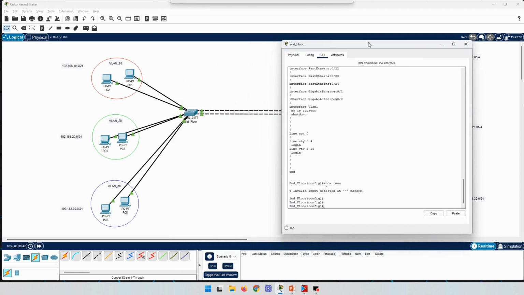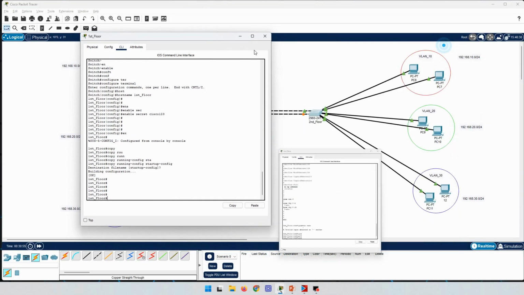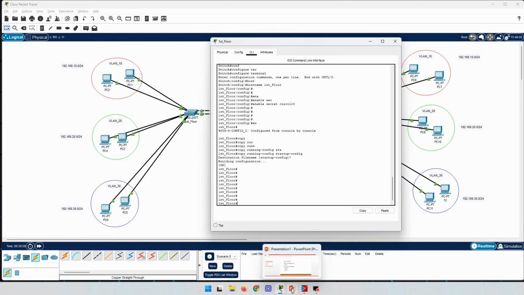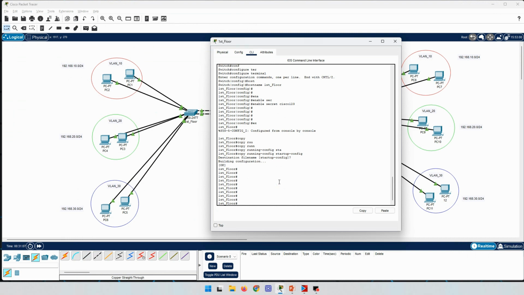Okay, now we have some basic configuration in these two switches. Let's have a look at the interfaces actually. Before interfaces, according to our presentation, let's speak about the VLAN and what the VLAN actually is. VLAN stands for virtual LAN. Virtual LAN means that we can divide one switch into many different switches. For example, if it has 24 ports,